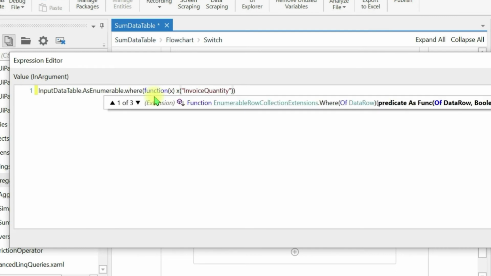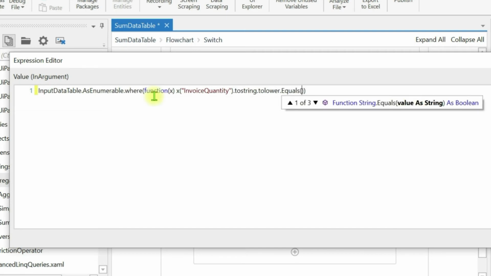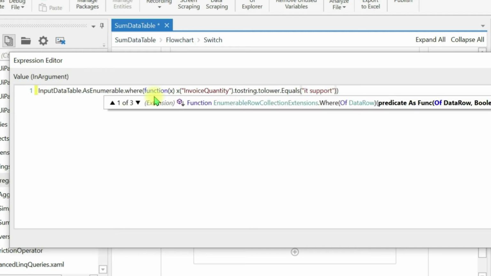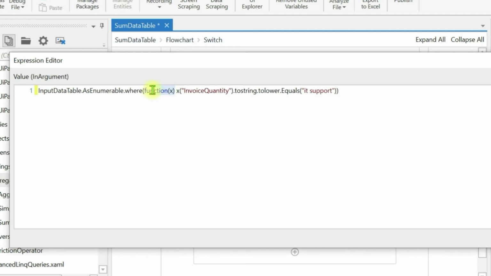Invoice quantity dot toString dot toLower dot equals IT support. And friends, you can see this is one parameter collection, and this whole thing must return a boolean value. This can be any expression, but the whole expression must return a boolean value.